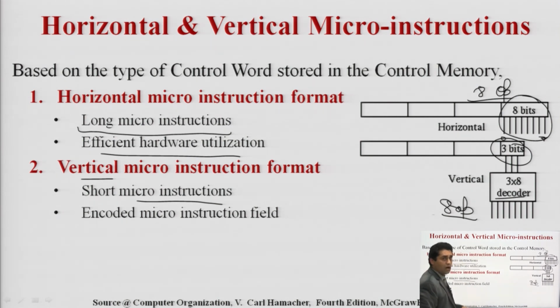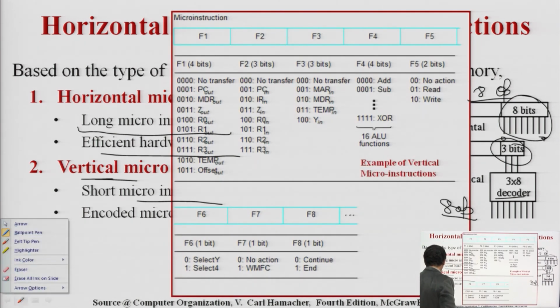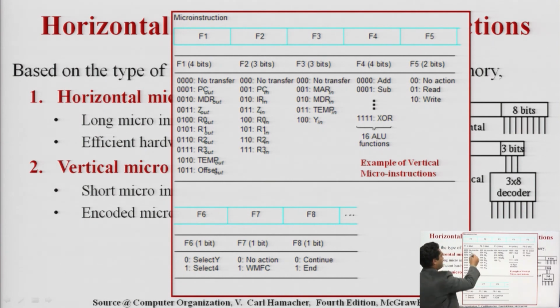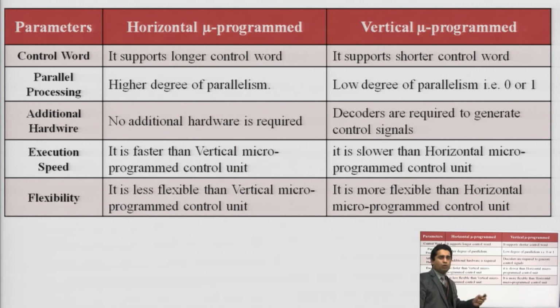And if I focus on how the operations are going to be used in the vertical and horizontal, you have seen the horizontal example. Now come to the vertical one. This is the example of how the vertical instruction formats are taken out. These are the 4 bits. On behalf of 4 bits, 16 operations are there. 3 bits, these are the operations. So this is the example of vertical and horizontal instruction format. If I focus on how much decoder is required, what is the size of the decoder, you can easily compute. So this is the one-on-one difference between the horizontal and vertical microprogrammed.